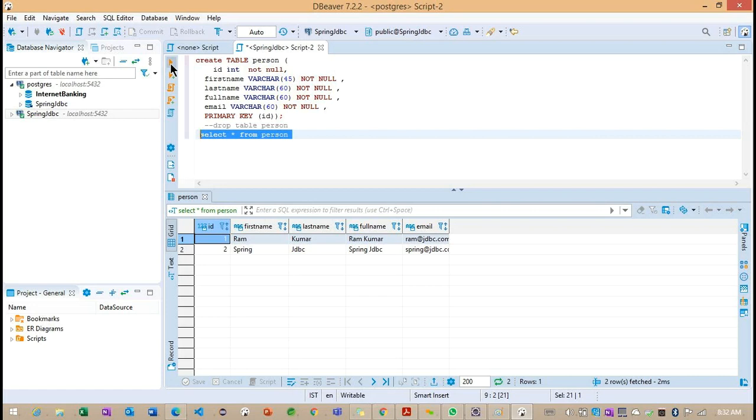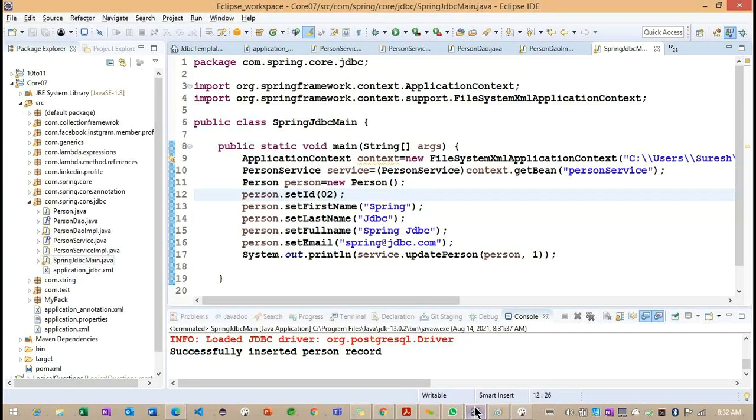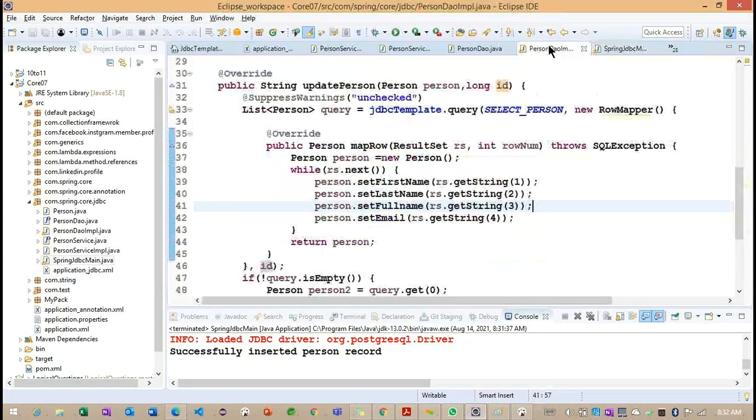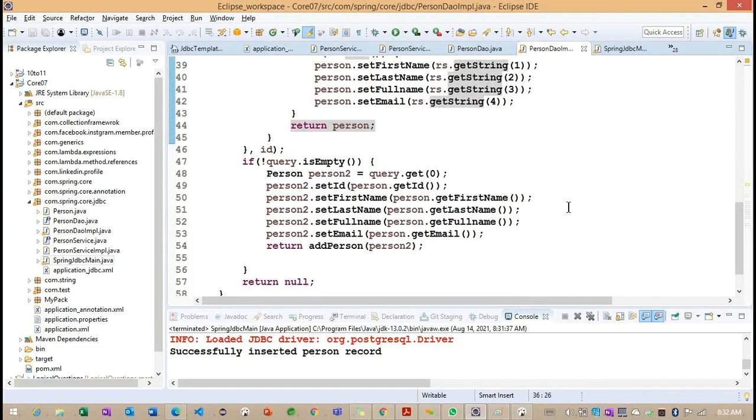So what are the changes we need to make here? Because now if you see, second record is created. Let me see here what is happening. In the person DAO impl, we provided select a person. We are getting a person object. So this person we need to update. And again we are calling insert query here.